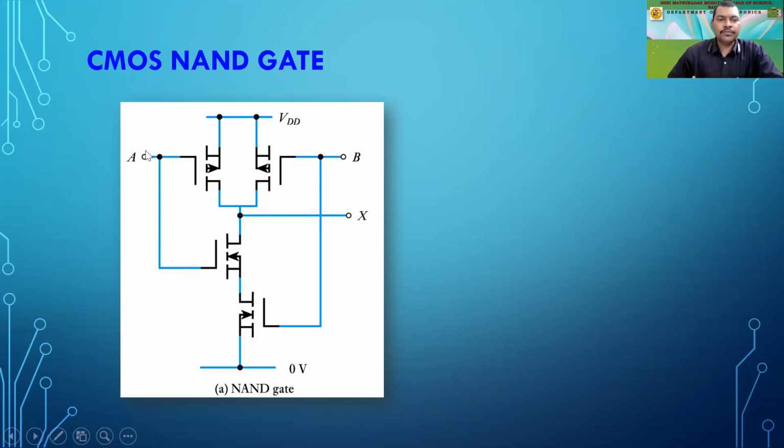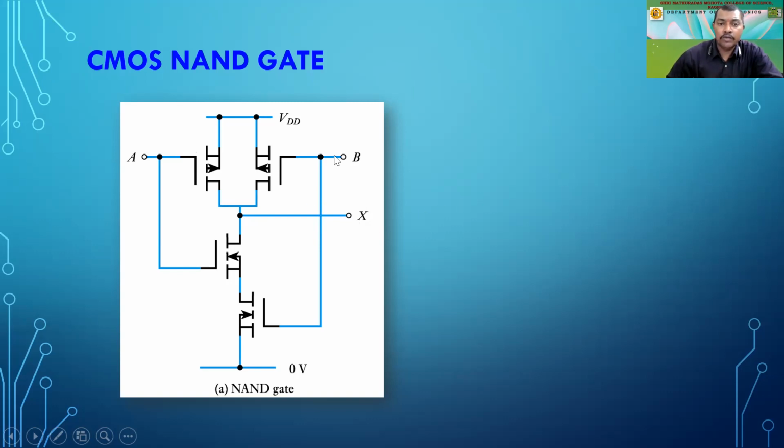Now, how does it work? Let us start with both inputs one, right? So both the transistors get one, which implies that these two MOSFETs are not going to work, and they will be open. And these two transistors which are connected in series are going to conduct, and this zero potential will be connected to the X point. So as soon as both are one, the output will become zero.